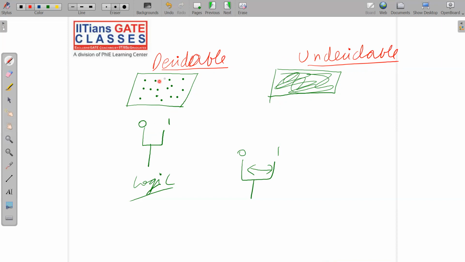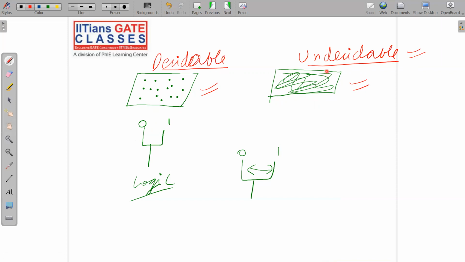Okay, so imagine this, these are just like apples and this is just like water. With the help of a fork, obviously you can pick these apples, but with the help of a fork you cannot pick this water. So this is the basic fact, that undecidable problems are uncountably infinite, but decidable problems are countably infinite. And because these are countably infinite, logic can pick them, and because these are uncountably infinite, logic cannot pick them. Okay, logic cannot pick them means what?